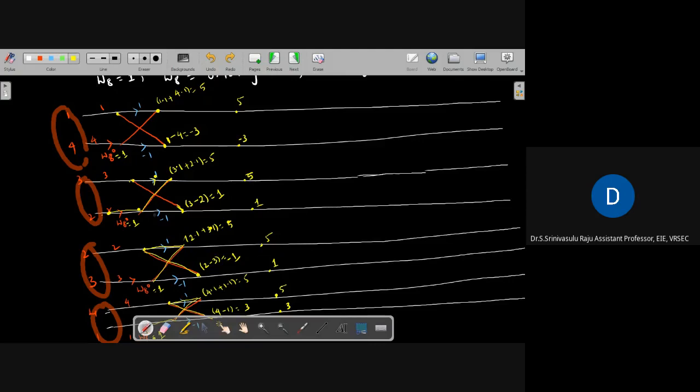So we have 4 into 1 plus 1 into 1. So we have 5. Okay, like that the odd sequence: 1 directly will come and pass here, minus 4 multiplied with 1, again multiplied with minus 1, so we have minus 3, so 5 and minus 3. Okay, that is with respect to the first block. Same procedure will be carried out for the second block.